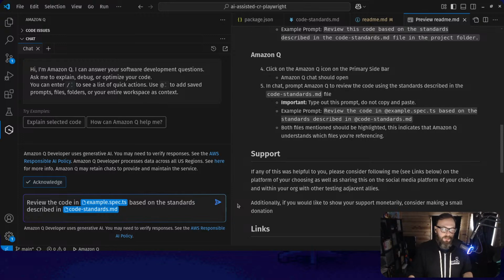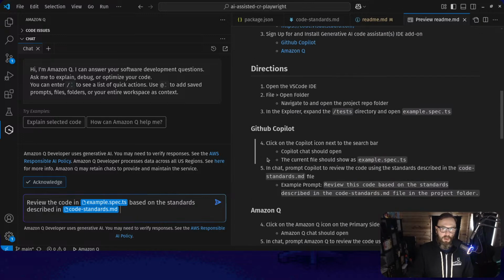Which model's better? Overall, Amazon Q is better at this task than GitHub Copilot. But if you don't like Amazon, you can follow the directions in the repo. You can do this with GitHub Copilot. It's really quite simple. What I will say before we finally hit play or send the prompt is I liked